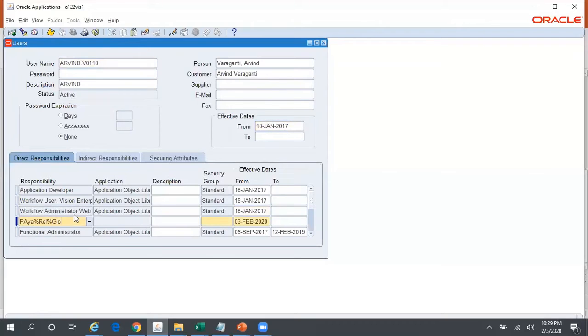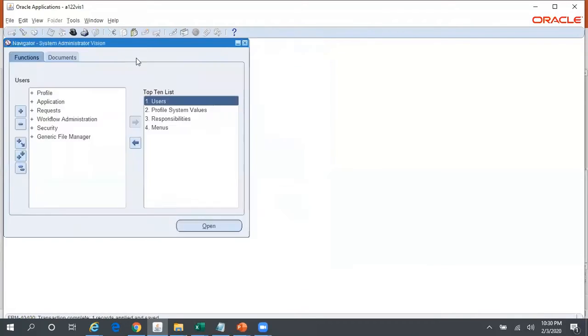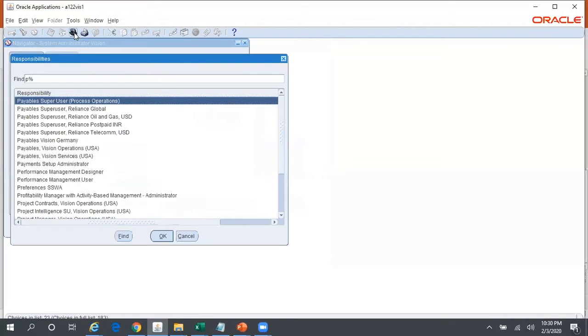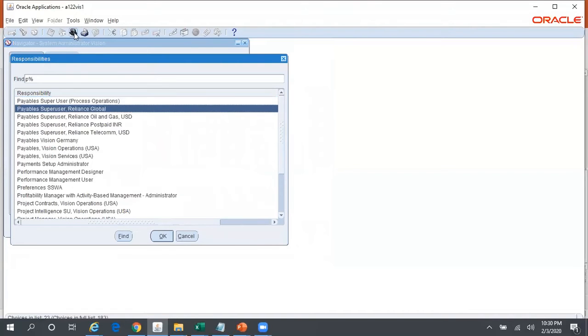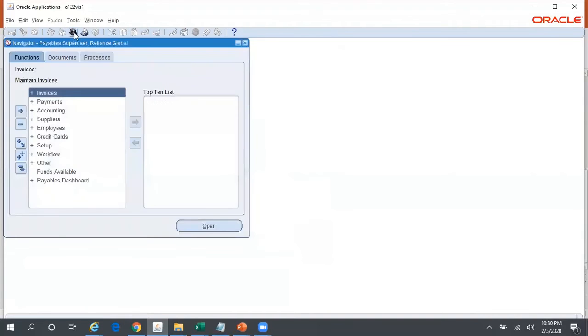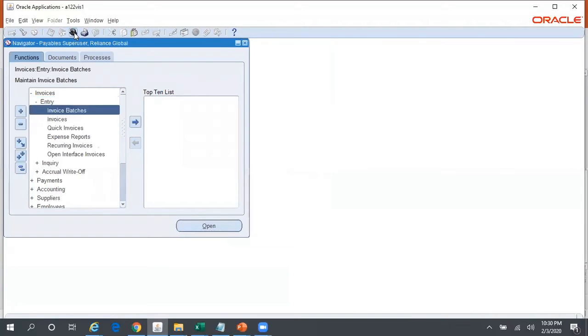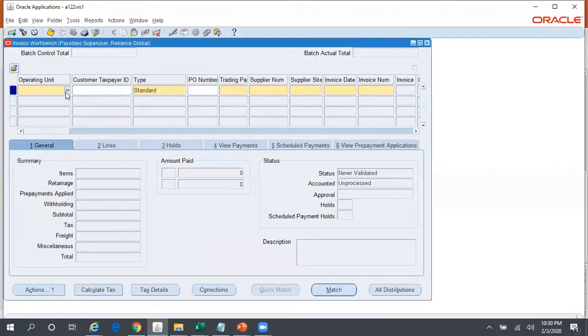Payables Reliance Global. Okay, now try to log into this particular responsibility and let's see. Payable Supervisor Reliance Global. Go to invoices, entry, invoices, and you can see the operating unit is a drop down,